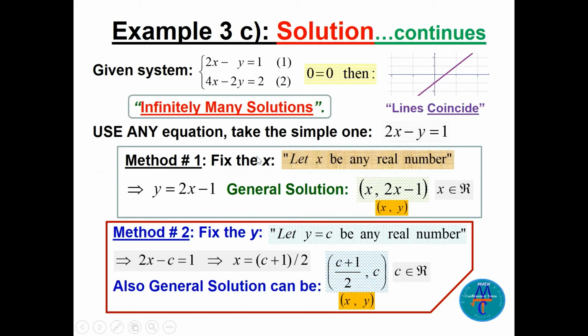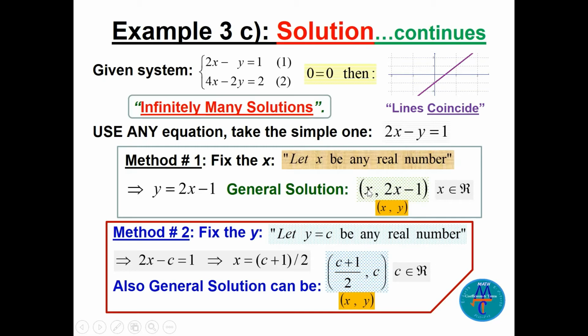You can fix the x. So we say let x be any real number. Okay, so just fix it. And then from here, solve for y. Take y on the other side, it will be 2x minus 1. So directly we can go to the general solution. If we fix the x, we can write x here, 2x minus 1 for the y, because the solution is usually x and y. And we have to mention x belongs to R, which means x is any